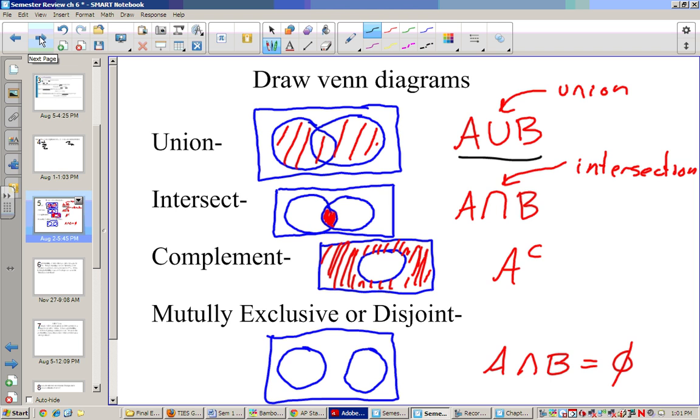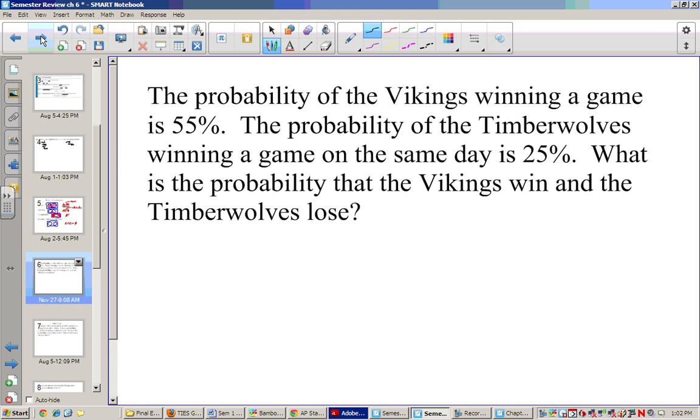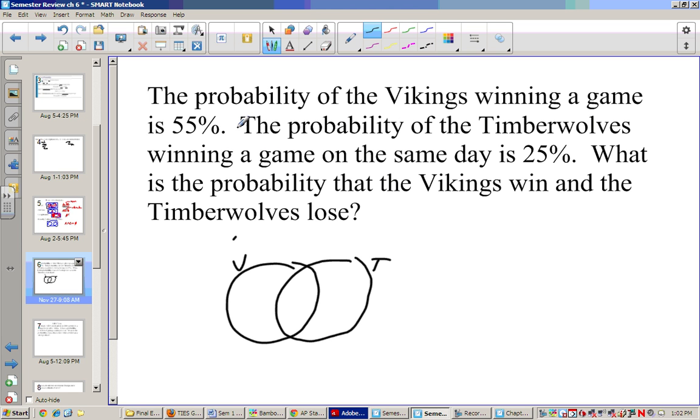So there's nothing overlapping. So here's a question. The probability the Vikings win a game is 55%. The probability the Timberwolves win a game on the same day is 25%. What is the probability that the Vikings win and the Timberwolves lose? So if I have my Vikings over here, I have my Timberwolves over here, the probability that they both win is 0.55 times 0.25. I could have probably chosen some numbers that multiply together easier, but that's what I'm dealing with, I guess. And now if I take 55% minus that,